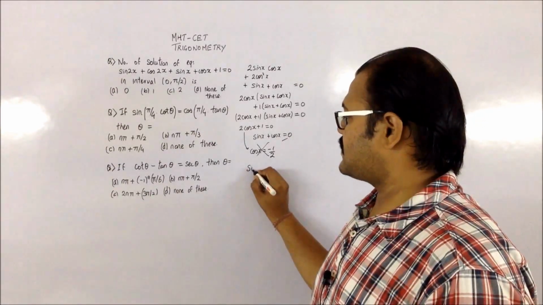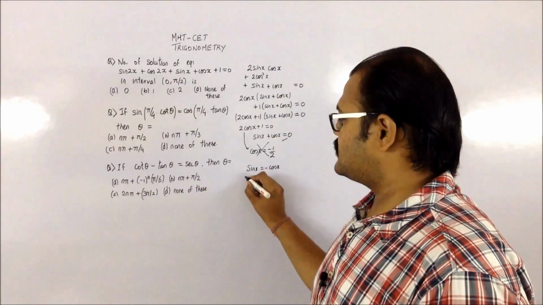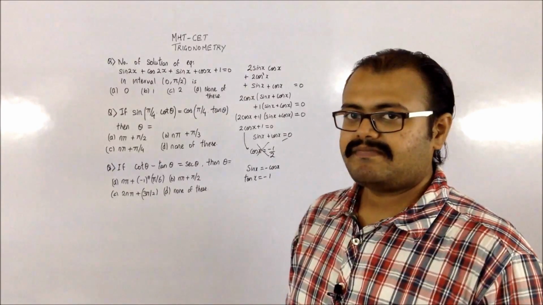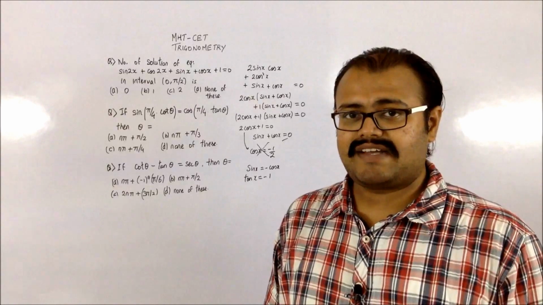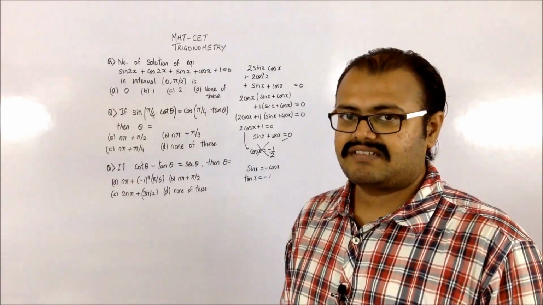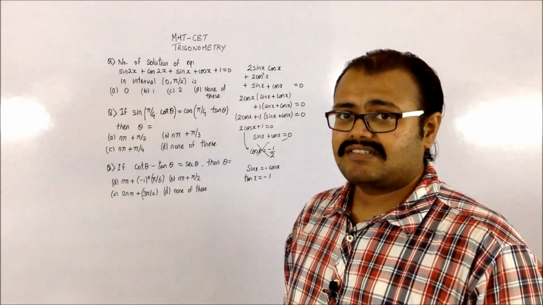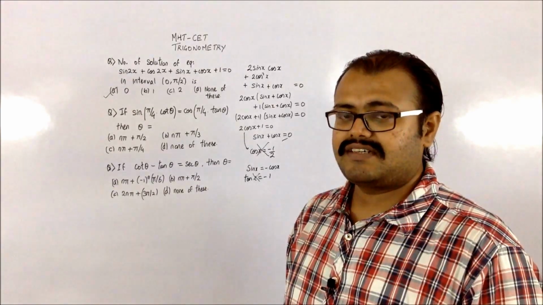Let's go and check this other equation. You will have sin x equals minus cos x, that gives you tan x equals minus 1. Now again you can see that you require an x value such that the tan of that value is minus 1. Again in the interval 0 to pi by 2 that does not exist. So there are going to be 0 solutions for the given equation.